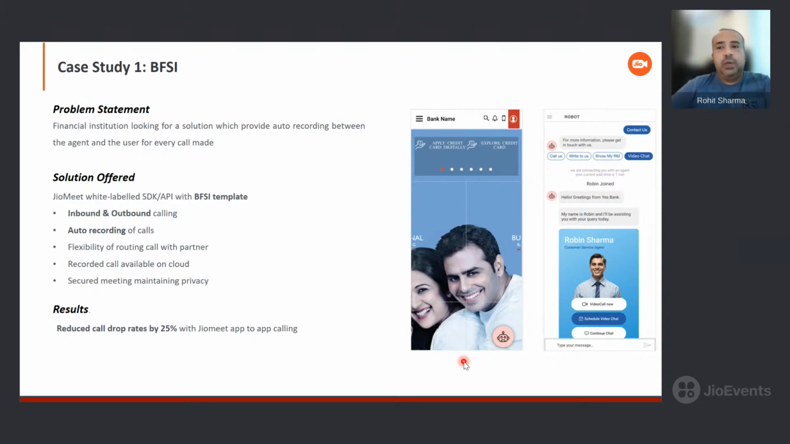In the case of a stockbroking company, the use case is that the user will call a relationship manager. So there is a mapping between a user and a branch, or a user and a relationship manager. Again, this mapping can be established by the partner application itself. Now, when the user calls, there has to be auto recording, because it is a SEBI guideline that any interaction between a customer and a relationship manager should be recorded. So our template offers auto recording, inbound, outbound calling, and